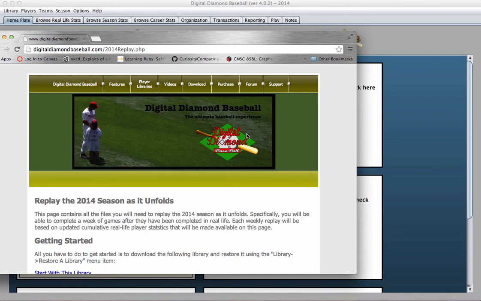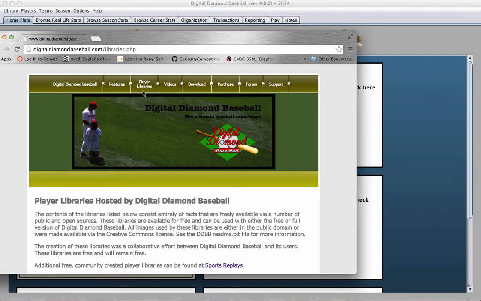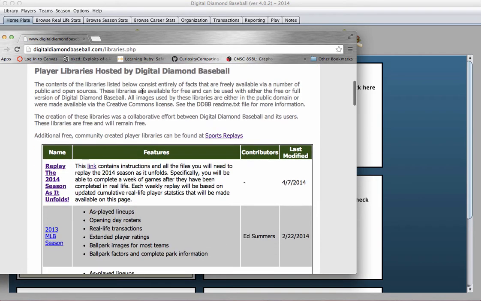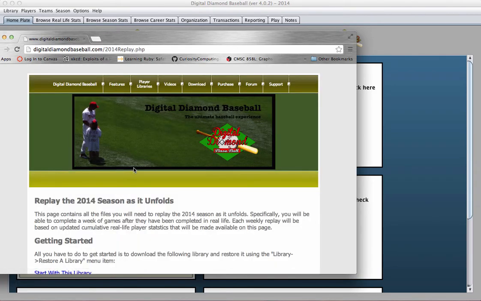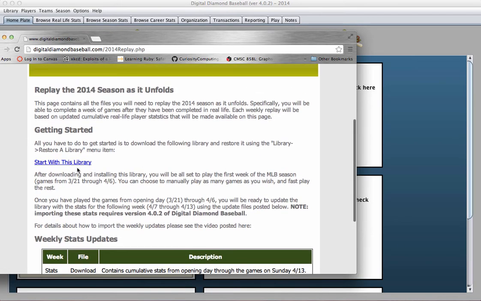To get the ball started, you want to go to our website and click on the Player Libraries tab, and then scroll down and click on Replay the 2014 season as it unfolds. On this page, you'll notice there's a link that says Start with this library. You're going to want to click on that link and download the Digital Diamond baseball backup file for the 2014